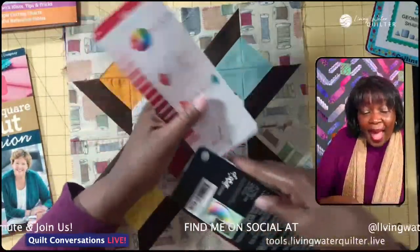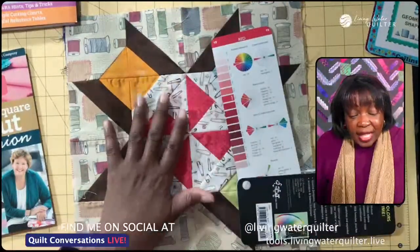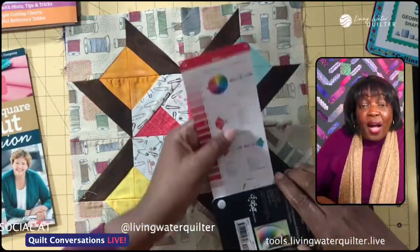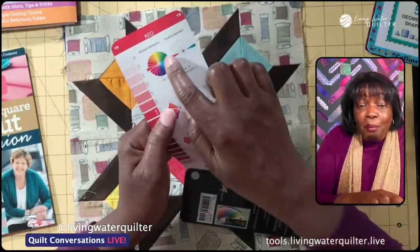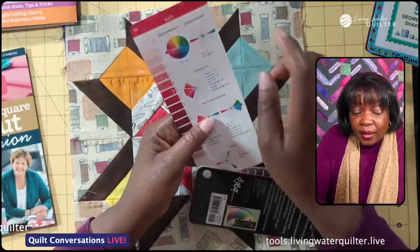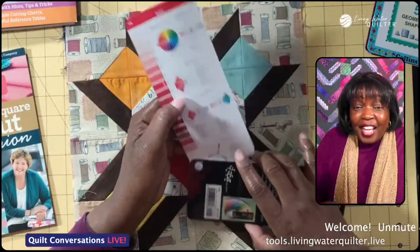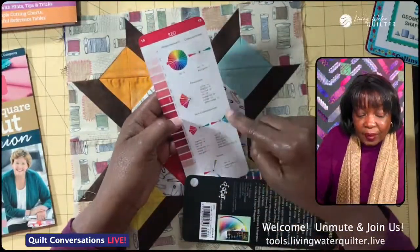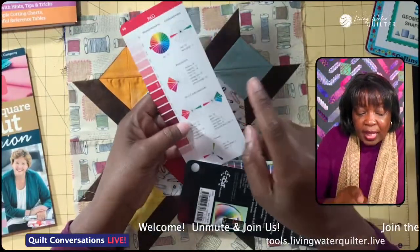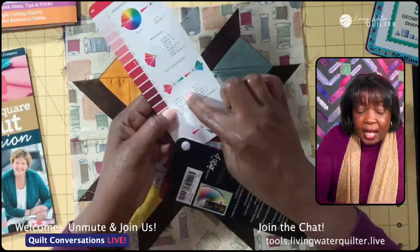And then on the back, you're designing this quilt block and you want to have a certain type of look. And they say, okay, what kind of look do you want? Do you want it to be monochromatic? Do you want it to be complementary, analogous, split complementary, or triadic? So then they tell you exactly how to get that look. So if I wanted, let's see, split complementary, it tells me the numbers,